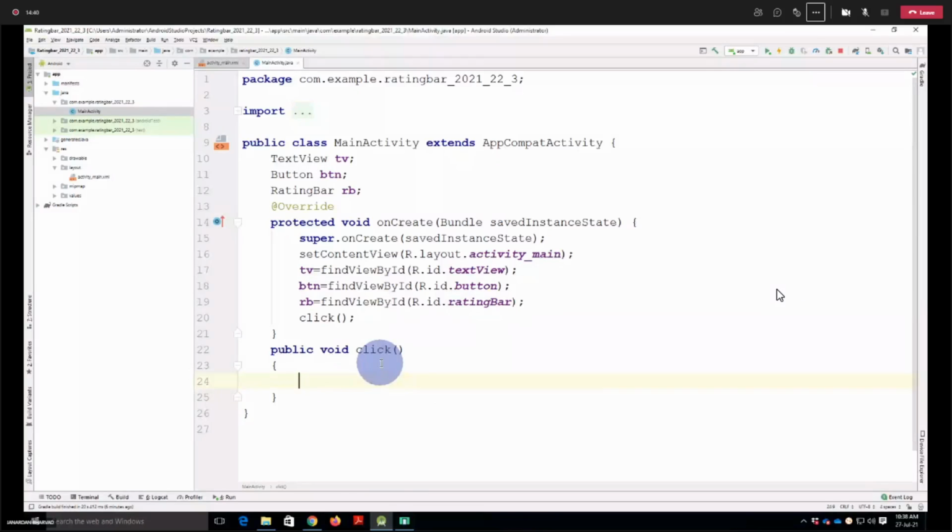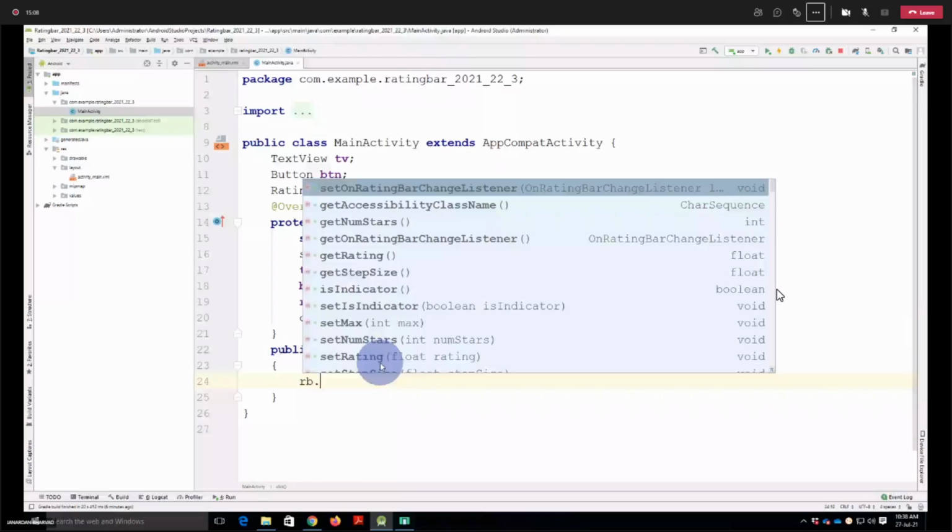मतलब जैसे ही मैं रेटिंग बार को चेंज करता हूँ, वो जो भी करंट रेटिंग है वो टेक्स्ट व्यू में डिस्प्ले होनी चाहिए, right? So for that what can we do? What will change? We have to change the rating bar. So for the rating bar, what is the object here? RB. So we can call a listener, that is setOnRatingBarChangeListener.